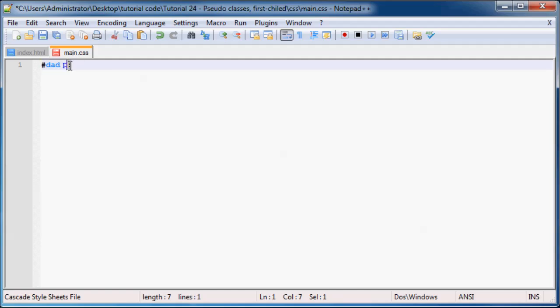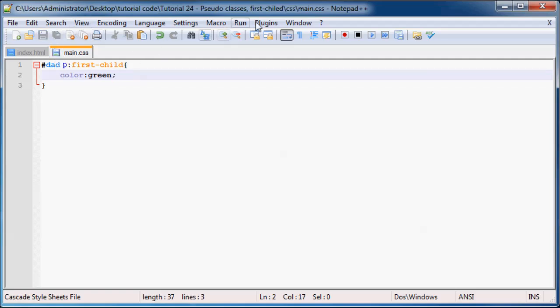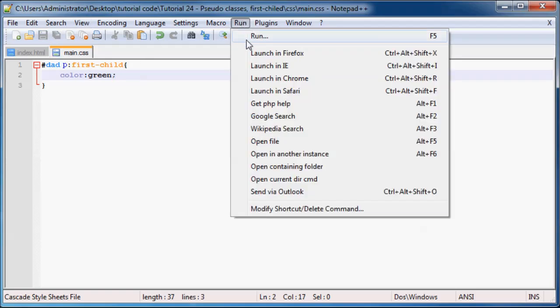And now what we're going to do is use the colon symbol just to say that we're using a pseudo class, and then what we do is we select the pseudo class we want to use, which is first child. And now what we can do is pretty much just change the color to green, just something obvious that you guys can see. And if we save this and then run this in Firefox,